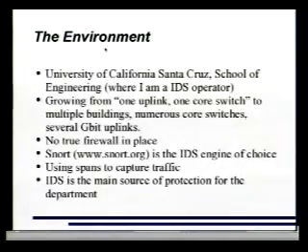Just so you know the environment, I'm a pretty small shop. I'm the sole IDS operator for the University of California, Santa Cruz School of Engineering. We are growing to 2 buildings. Oh my goodness. We now have, however, several gigabit quality uplinks. We have no firewall in place, which makes us get to see all sorts of interesting things.